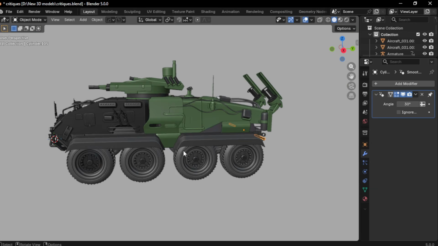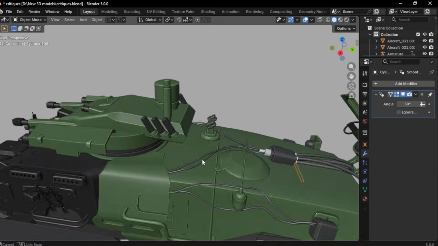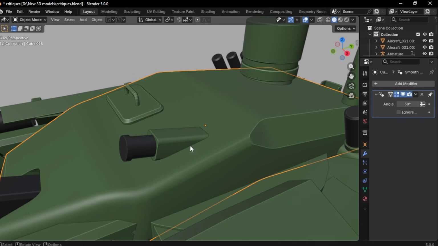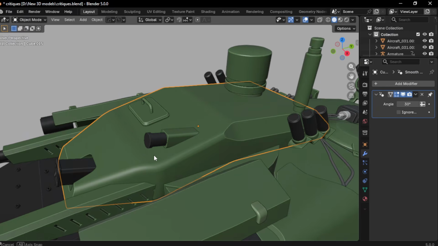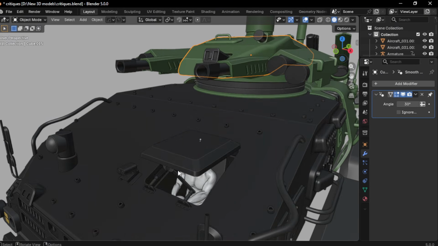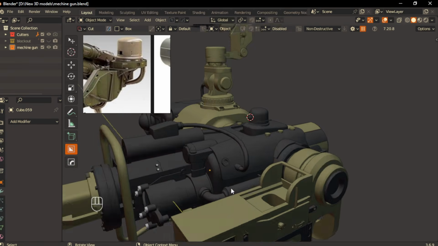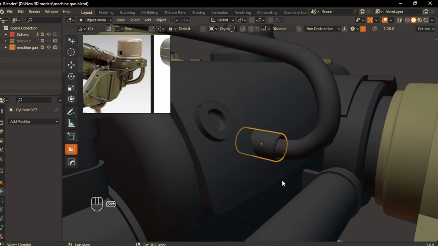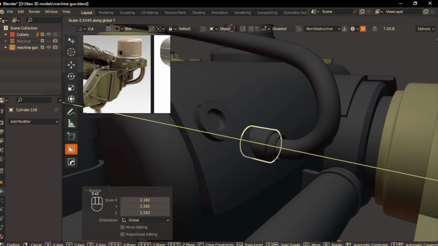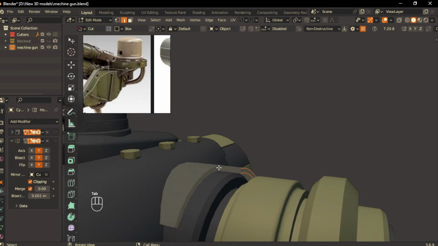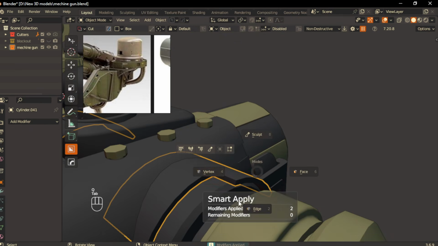A while ago, I was designing an entire vehicle, including every major component, such as the turret system. At that time, I didn't understand this concept yet. I was trying to tackle everything at once. Then I decided to run a simple experiment. Instead of working on a whole vehicle, I isolated a single component, the turret, and treated it as a complete project. Almost immediately, the result improved. I spent more time studying the references, paid more attention to the details, and pushed the design much further than I normally